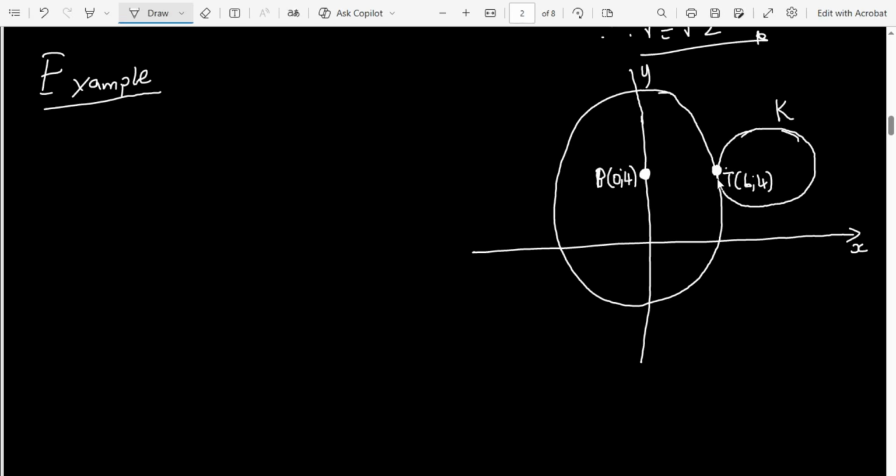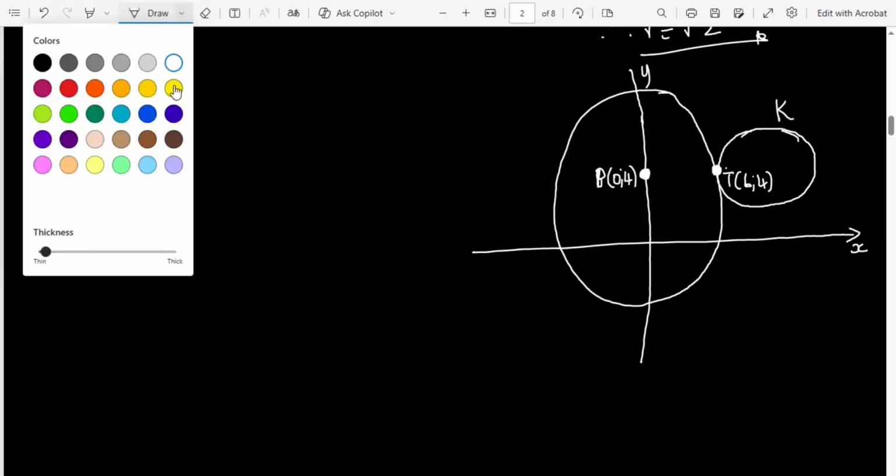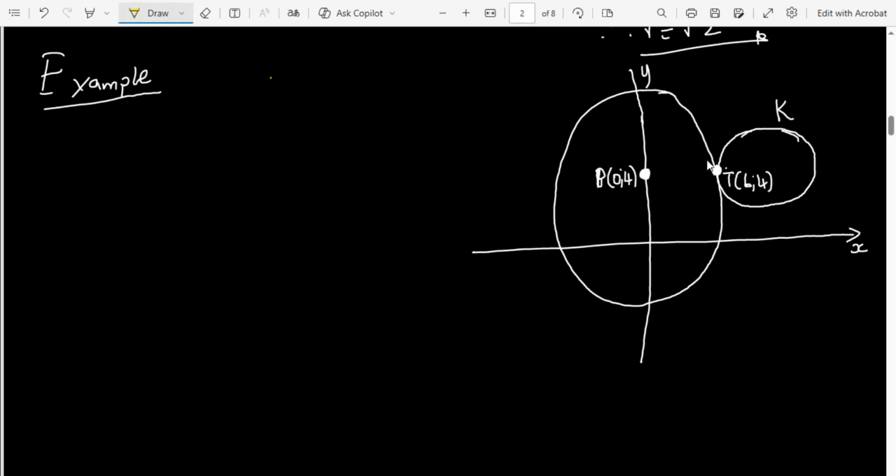So this is what we have from the problem. And now the question says the circles B and K touch at point G. So this is where the two circles touch. They touch at this point. This is where they touch at that point. The diameter of the circle B is 3 times